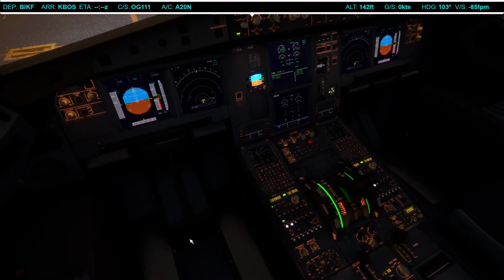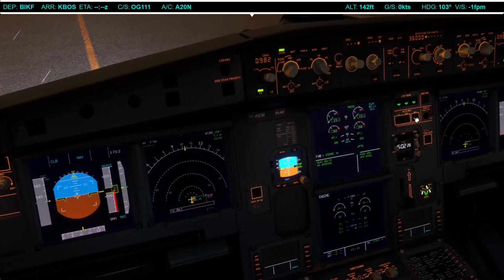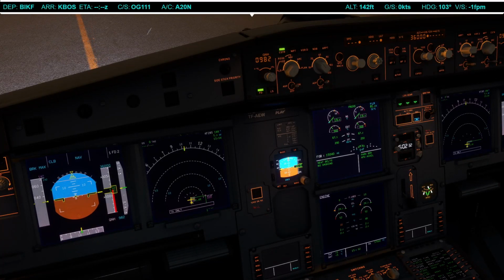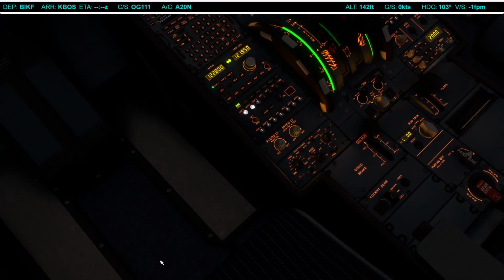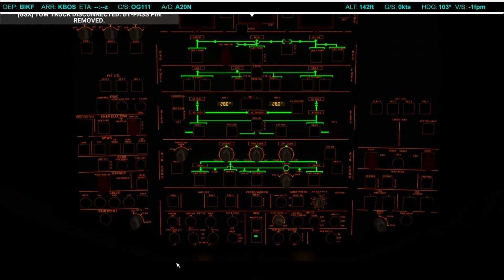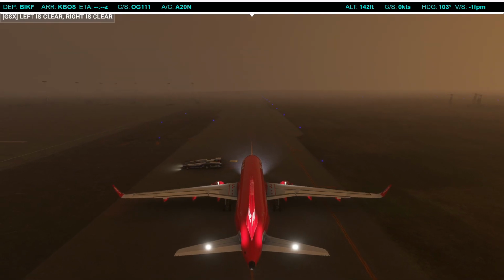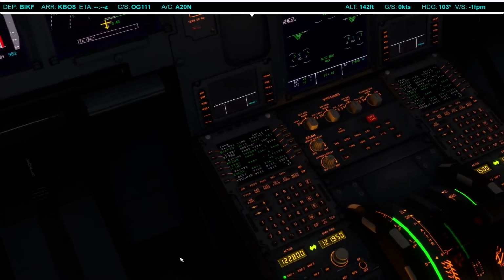Please prepare for takeoff. Engine start, stops. Engine start switch will go to the norm position. Auto brake will go max. We are doing a flaps 1 departure, and I will go ahead and set the spoilers. Here, and we will